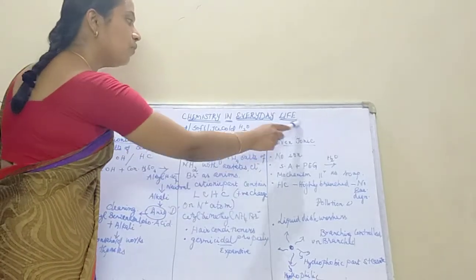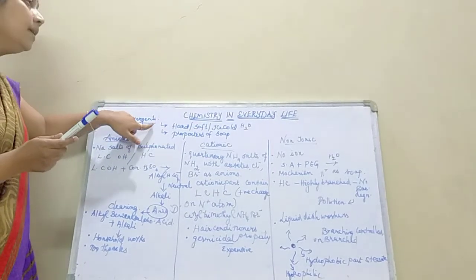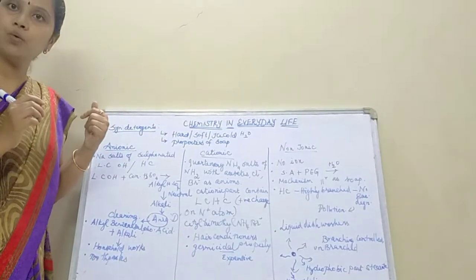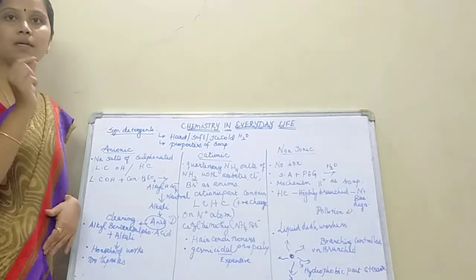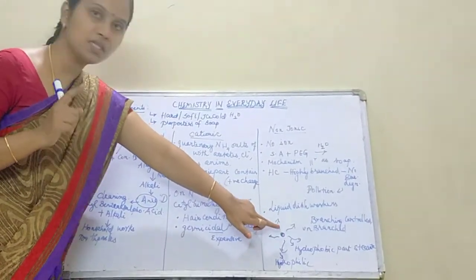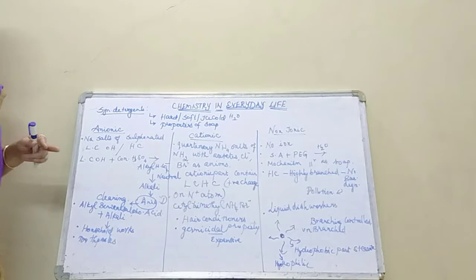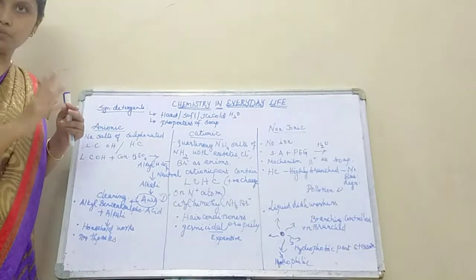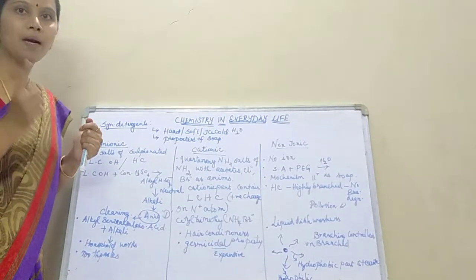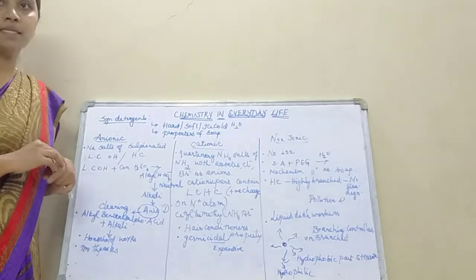See, the mechanism of action of non-ionic detergents is similar to that of soap. We have already seen synthetic detergents possess all the properties of the soap, but they do not contain soap. How does soap remove dirt? By the formation of micelles. What is a micelle? Suppose in the cloth there is an oil droplet. See, I have just circled. This is an oil droplet. This oil droplet is attacked by my sodium soap or potassium soap. If it is sodium soap, I will be having sodium stearate. If it is potassium soap, I will be getting potassium stearate. Apart from stearic acid, palmitic acid and oleic acid can also be used.